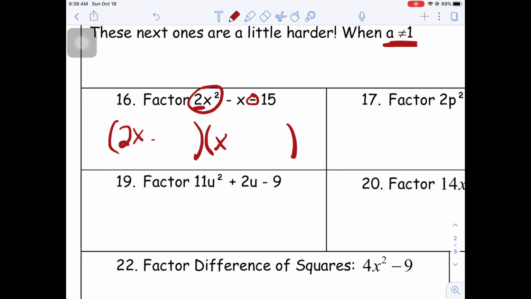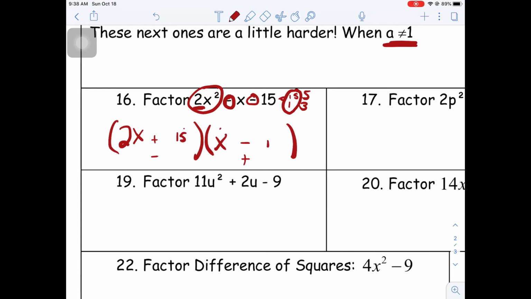Negative at the end means it's either going to be positive and negative, or negative and positive. Okay, and then we need a negative 1 in the middle. My factors of 15 are 1 and 15, 3 and 5. Okay. 1 and 15 is going to be a little bit of a stretch, right? Because if we put a 15 here and a 1 here,